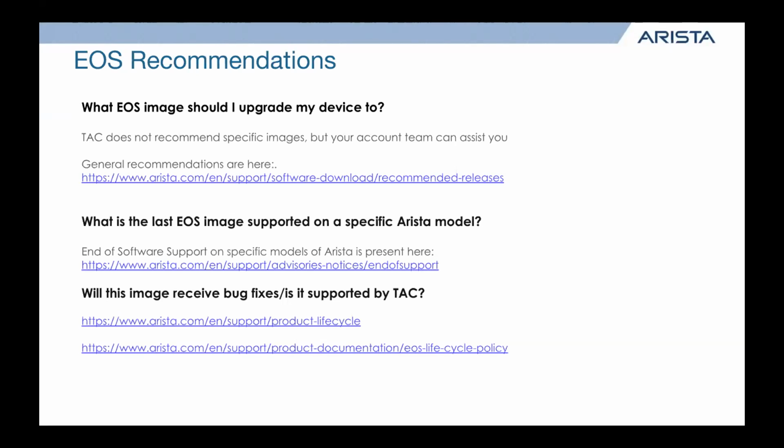If you have older hardware, you know, what is the latest EOS image supported? Because at some point we do a cutoff, right? Our real old initial hardware we ever developed can't run the latest software. If you want to check if your hardware supports a specific software, we go to this end of support page and it'll tell you, for example, this platform no longer has software support beginning in 4.27. So you know you have to run an older software than 4.27.